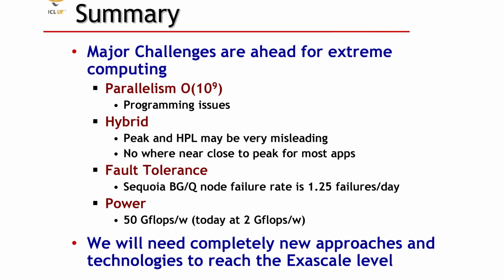So that's basically it. I've talked about these things. Parallelism is growing to billion-way parallelism in the future with exascale machines. We have hybrid systems today that cause some issues because of the way the hybrid nature of the architectures is put together. Fault tolerance is going to be a big deal. On today's machines, we see a large number of failures, or failures that can take the machine down. The power consumption, if built on today's technology,